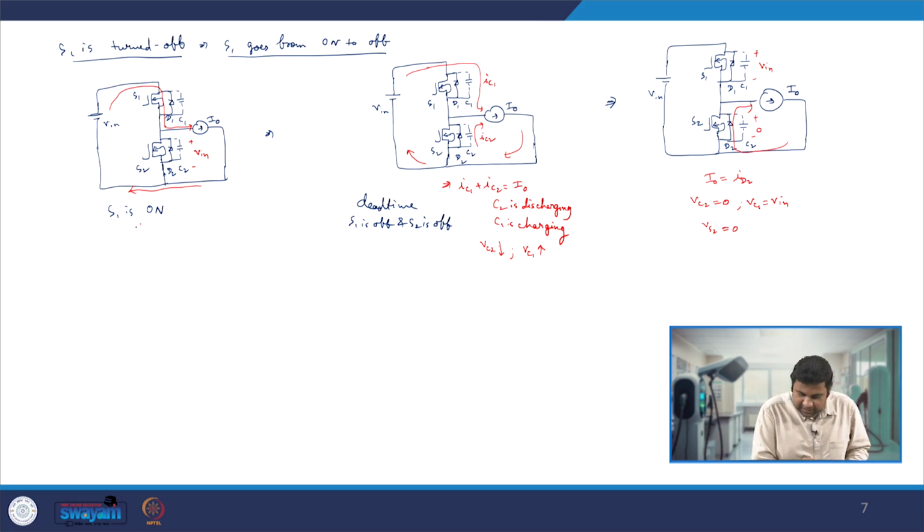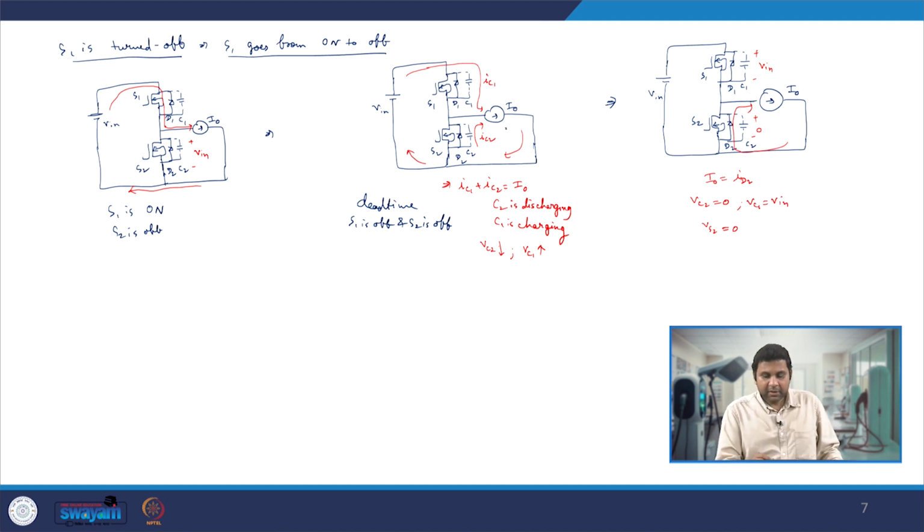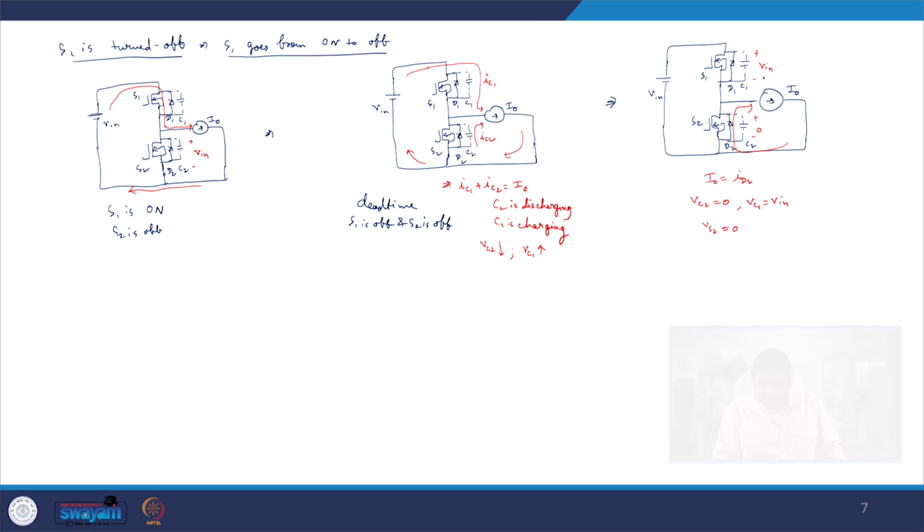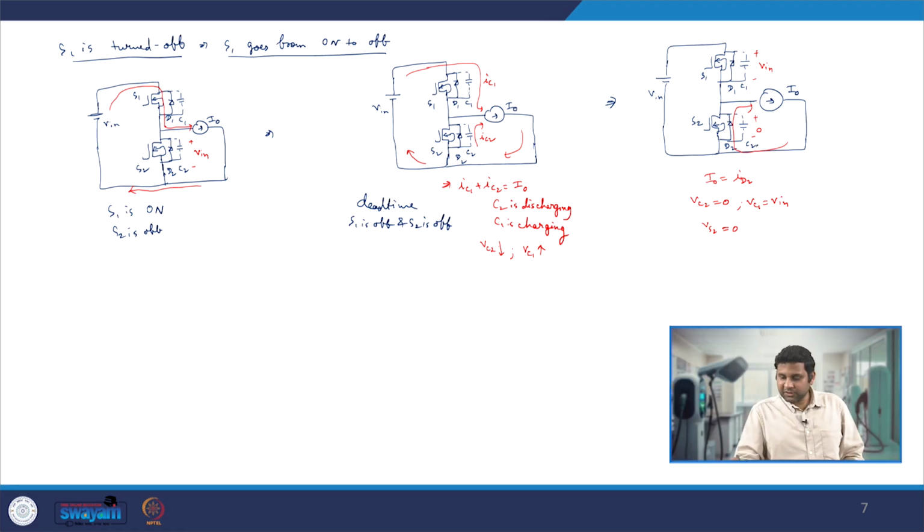So S1 switch is on, and during this time S2 is already off. Then you have removed the pulse from the S1 switch, that is when S1 is off and S2 is not yet on, and that is the dead time. In that time C2 is getting discharged and C1 is getting charged, and this will continue until the voltage across C1 reaches V in, because beyond that it cannot go, and Vc2 becomes 0. Since the voltage across C2 is 0, the diode D2 will start conducting, the voltage Vs2 becomes 0, and the current flows through ID2.